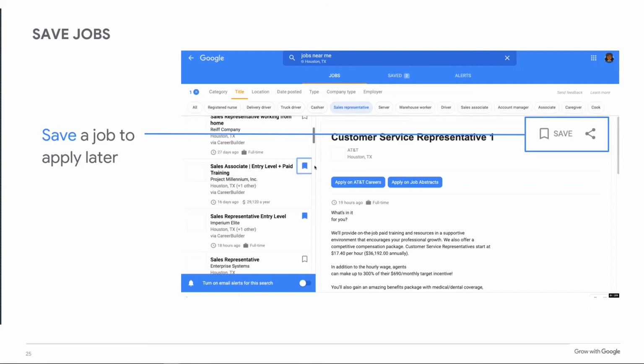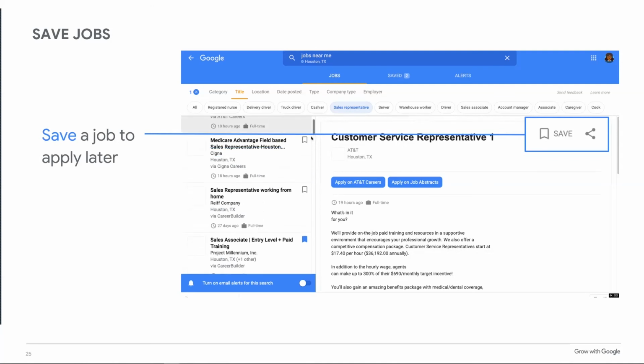If you look up there in the middle of that blue screen, it has saved, and it'll show you the number of saved. If you click on that, it'll bring up all the saved options that you have. So for everything that you're putting over in your job tracker, you're going to want to hit save on Google as well, and it'll make it easier to bring those back up when you're ready to apply for them.